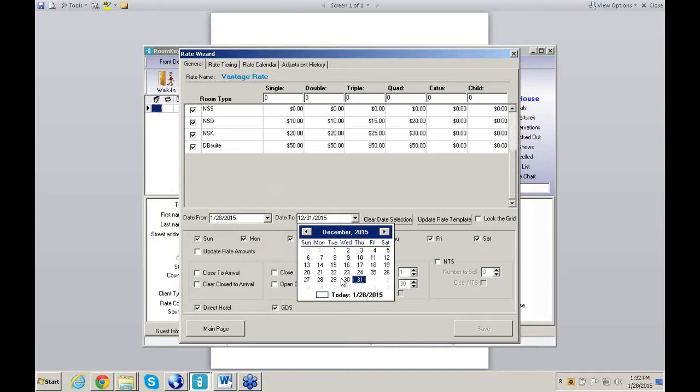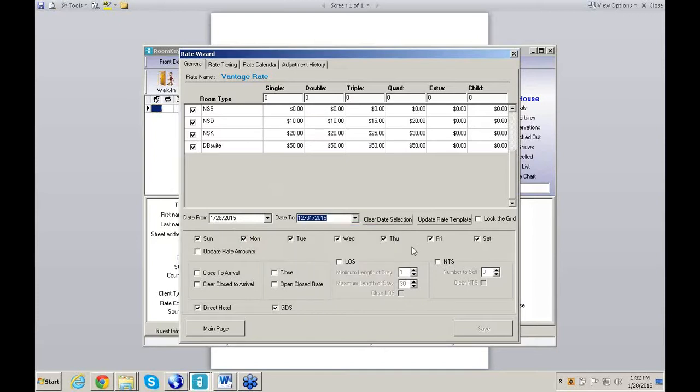So we're utilizing whatever your Windows operating system calendar is to use in RoomKey. If you go to add a date in here and it looks different, just be aware that it's because you are using a different operating system. What you're seeing on my system is Windows 7. So once I've defined the period of my rate, I can go up here and put in my